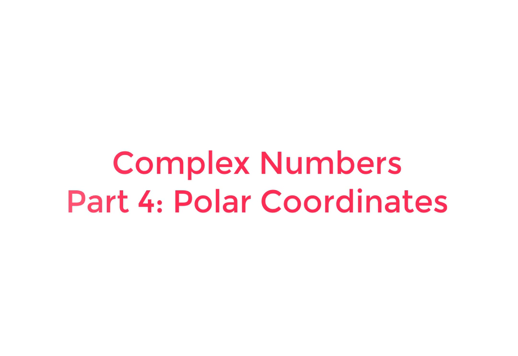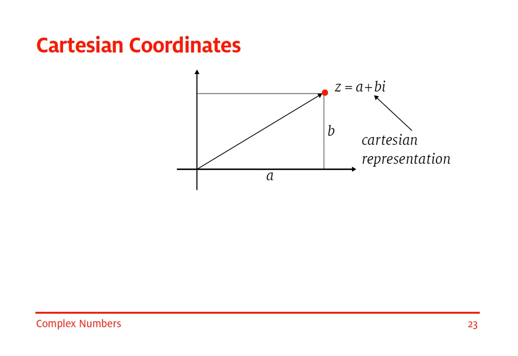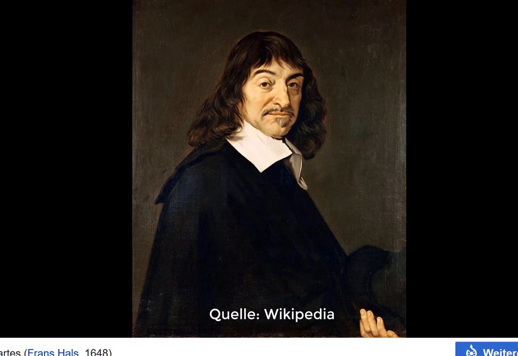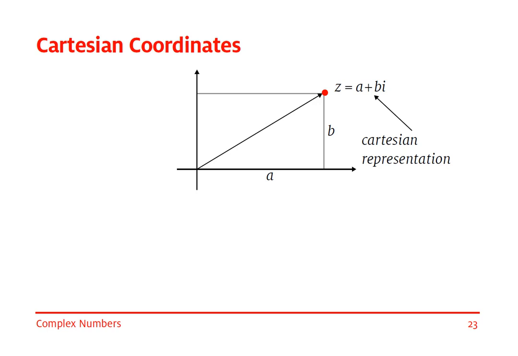In the previous video, we have seen that we can represent a complex number as a point in the complex number plane. And the coordinates of the point z equals a plus bi are a and b. This representation is the so-called Cartesian representation, named after the French mathematician and philosopher René Descartes, whom you see here on this picture. The Cartesian representation with the coordinates a and b, the real part and the imaginary part of a complex number,